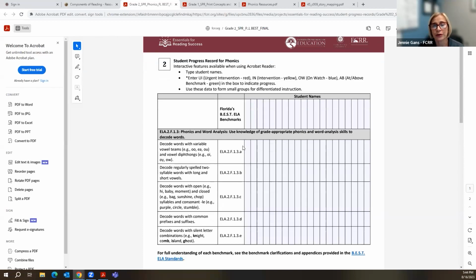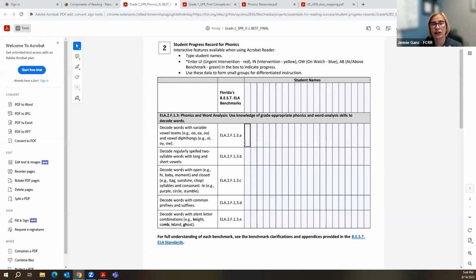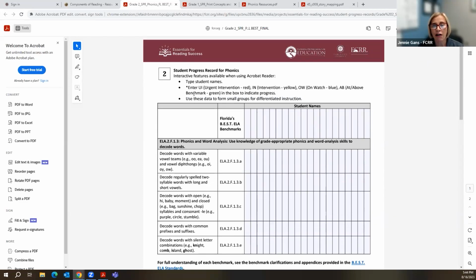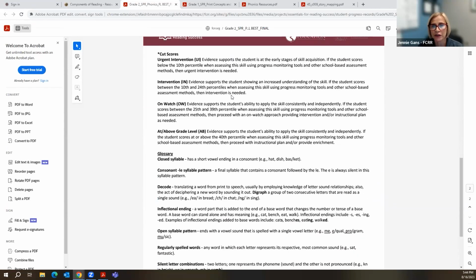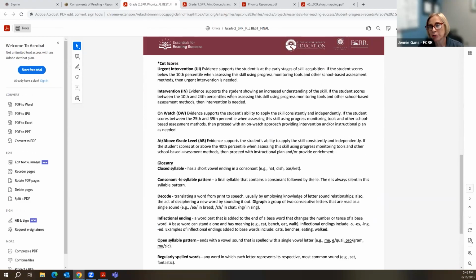And these are the standards. Well, at least for the state of Florida, this is the standard ELA 2F13 for phonics. And you would say, can my student do this? And these are the cut points according to, I'll scroll down a little bit so you can see the rest of the page, the FAST, which is the progress monitoring tool that we're using now in the state of Florida. We have been asked if they could use something similar with what other states may be using. Certainly, if you are using a different type of testing system for your state or your district and you want to use this type of template, that's wonderful.